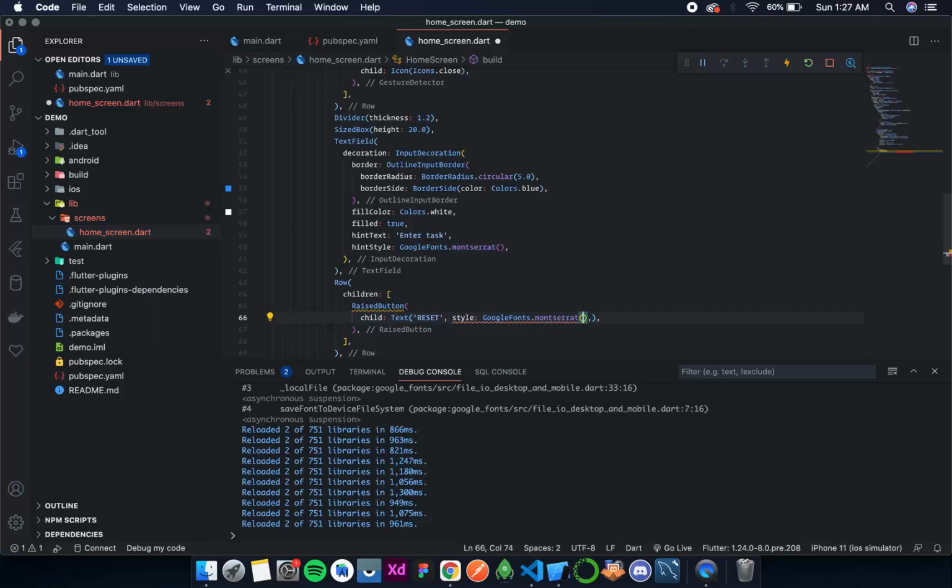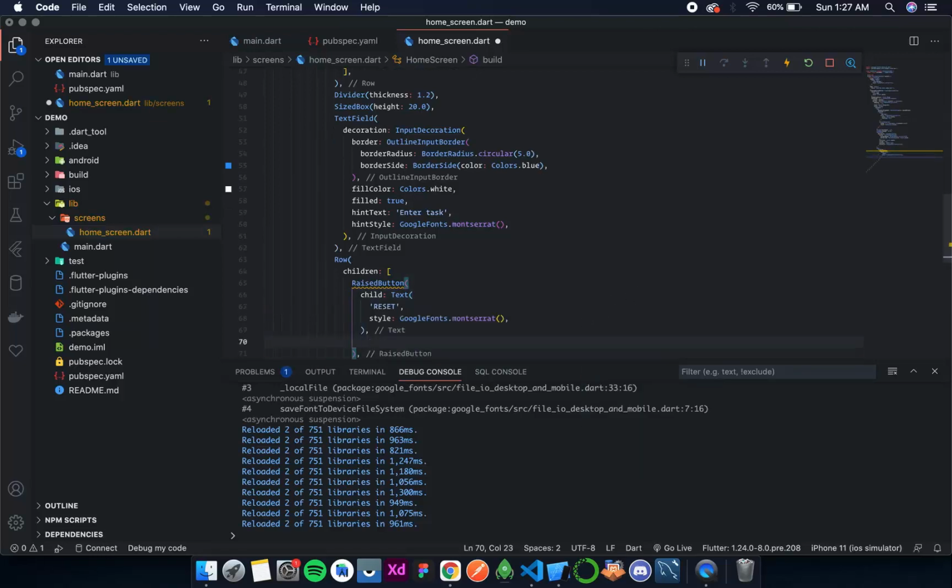Sorry, we need to give parentheses after that. And we have onPressed, and this onPressed for now will simply print reset pressed.